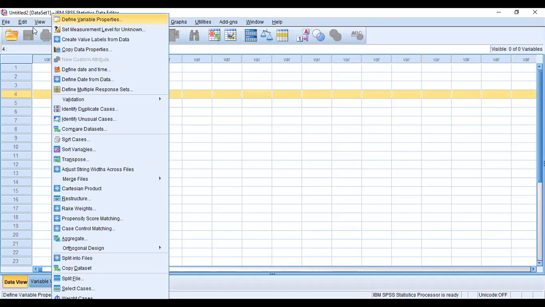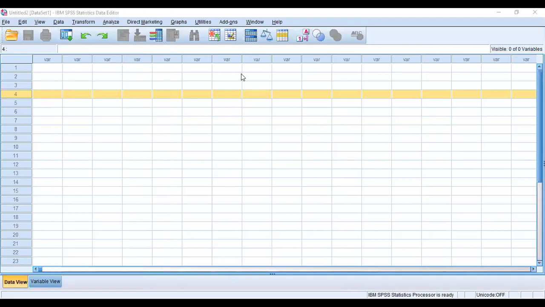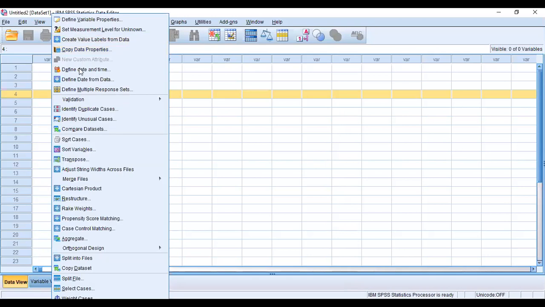Next is Data. It is all about organizing the data that we are entering in the data view. We can define the date and time of the day.